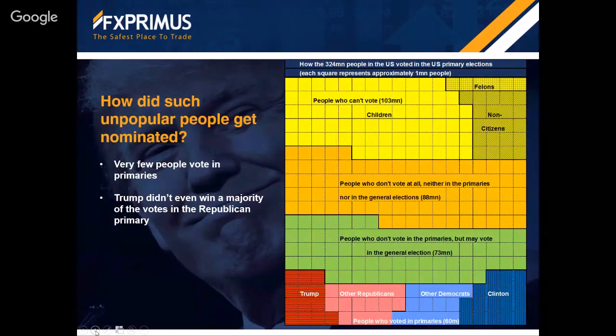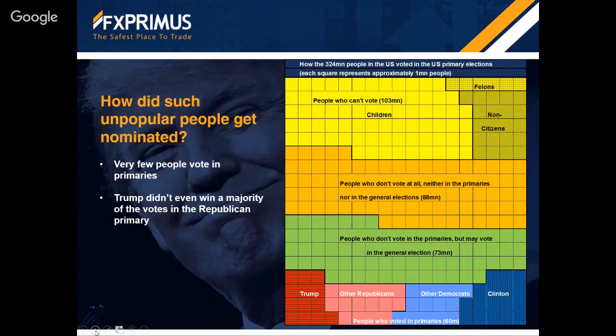Unpopular people get nominated. Well, the fact is, people don't vote. This chart here shows the entire population of the United States. First off, the yellow part is people who can't vote at all, children, people who aren't citizens. The orange part is people who don't bother voting at all. Then the green part is people who vote, but they don't vote in the primaries, but they might vote in the election itself. So you only have a very small percentage of people who participate in the primaries. And as you can see,